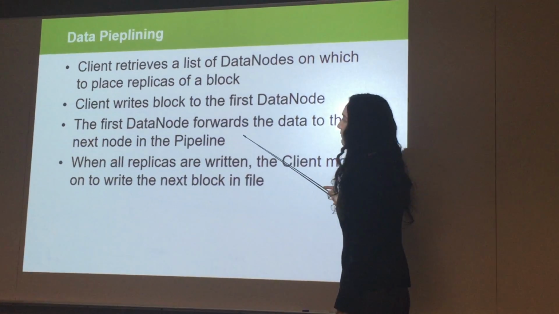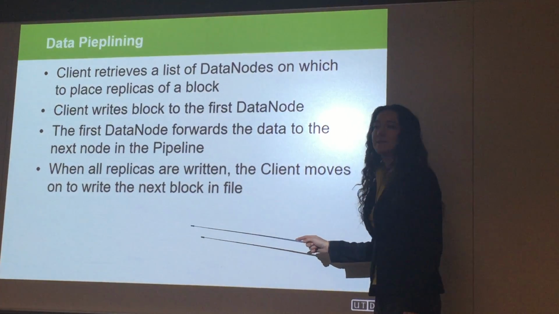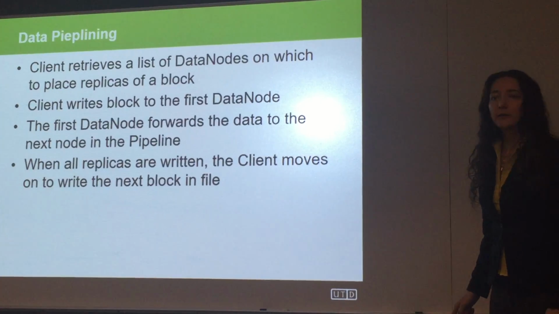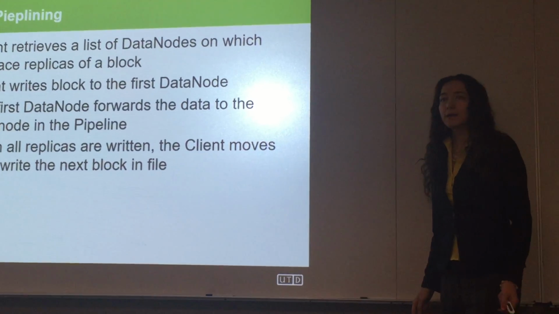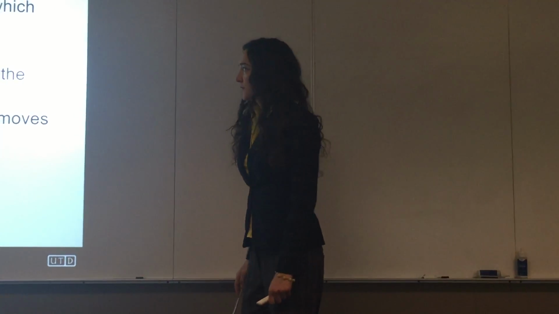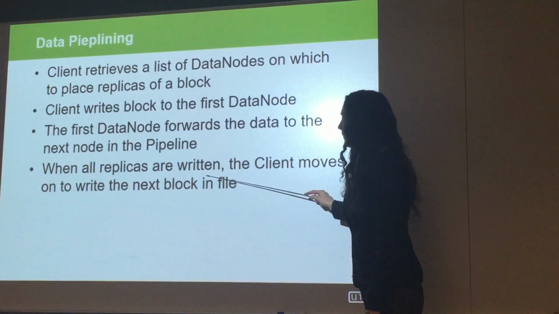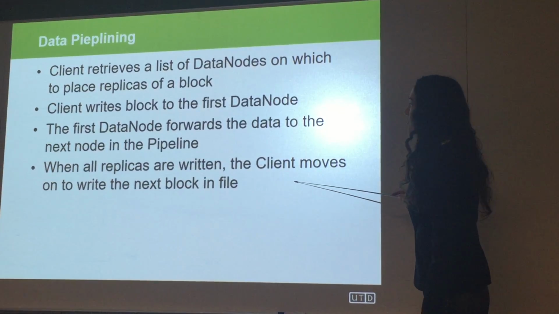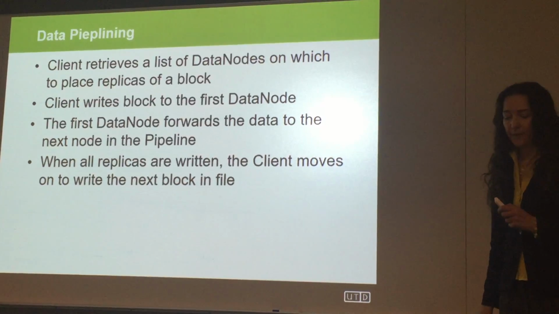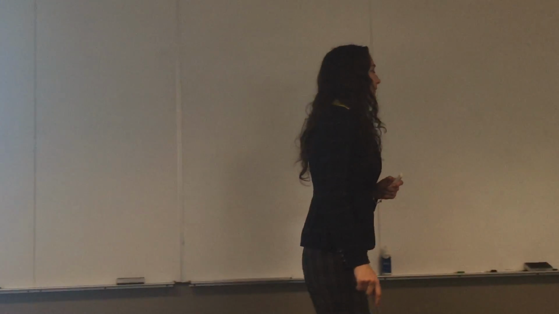And by pipeline, we mean the path of block 1, block 2, block 3, block 4, until we get to all the blocks, through which nodes we need to go through on the network. So that's the pipeline. When all the replicas are written, the client moves on to write the next block in the file. So every time we have a block, then we will create copies